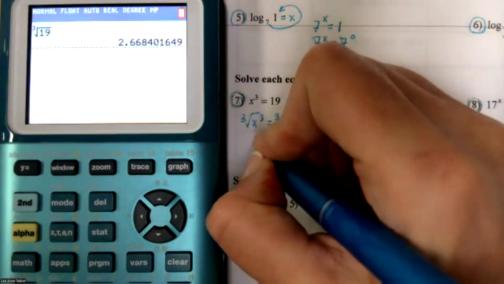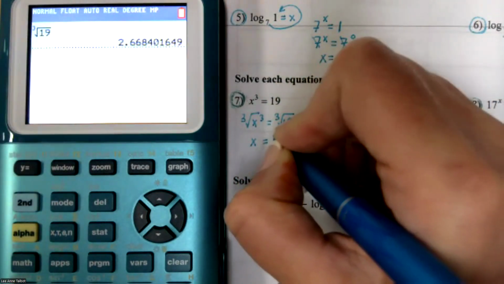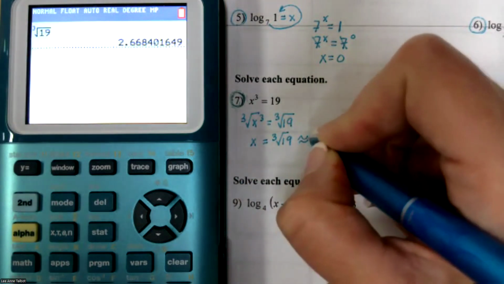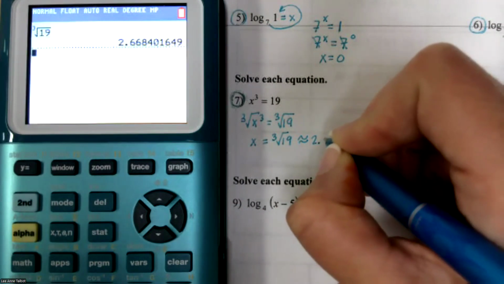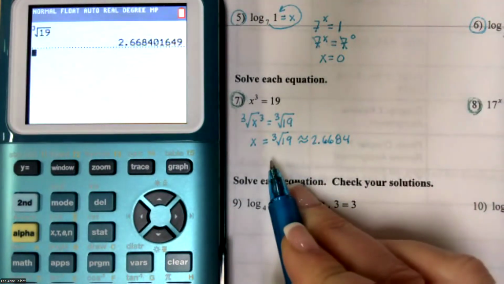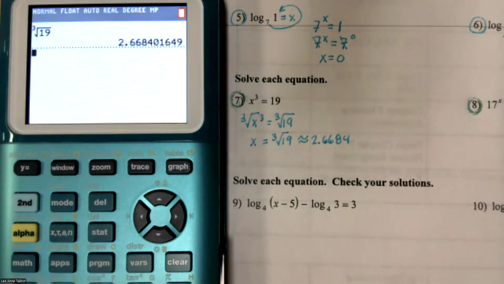And then, so I have an exact and an approximate here. Okay, now